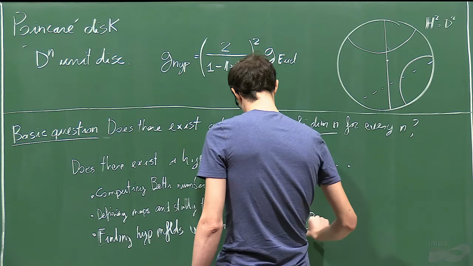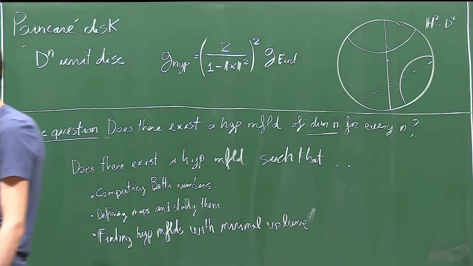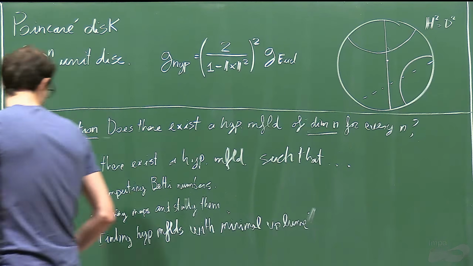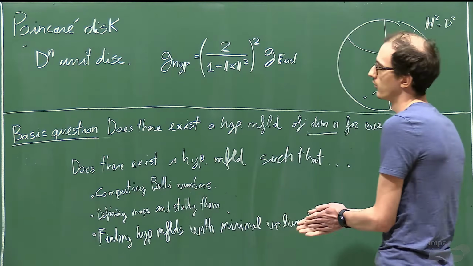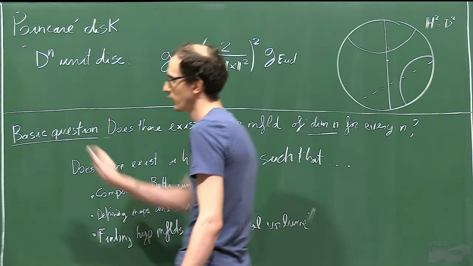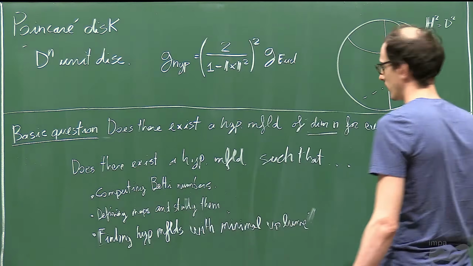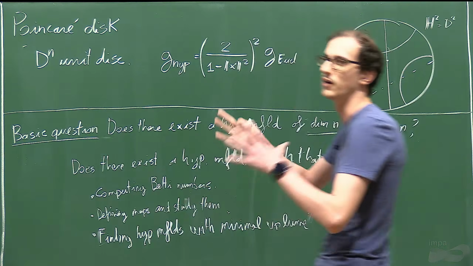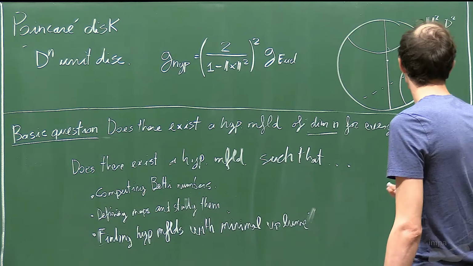It's also something that can be attacked with the methods we are going to use. These methods are, so we are going to consider some polytopes, which are going to be the building blocks with which we will build the manifold and glue them in some way that is going to be very explicit.